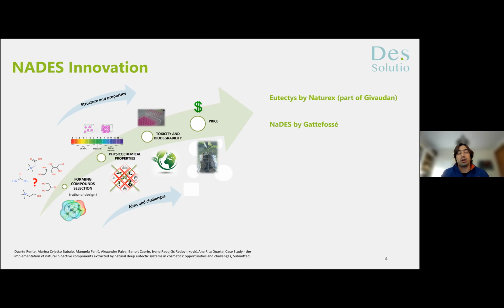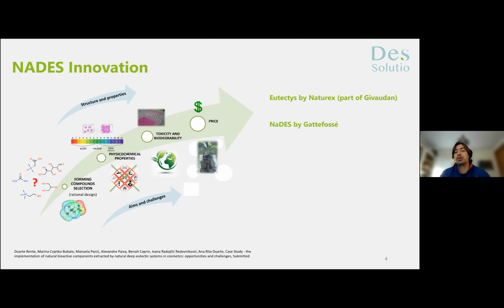We all that work in this area know that the big problem with deep eutectic systems is the viscosity. Of course, if we have a solution for a product that has to be injected, for example, it cannot have a high viscosity. And even for extraction, if you want a deep eutectic solvent that can be used for extraction, if it has a high viscosity, of course, we will have problems in the scale up of the process due to mass transfer problems. Of course, acidity is also a problem.